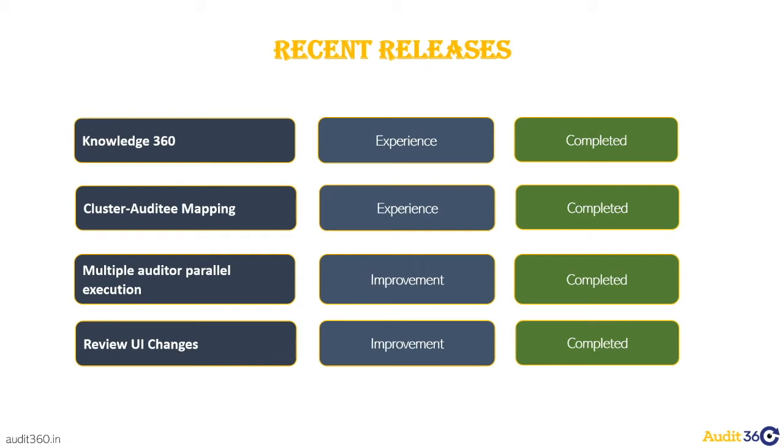But now we will be allowing the schedule to happen for multi-auditor, where parallel execution can be done. That means we can allocate more than one auditor to a schedule and need not do any allocation to the group or sub-audit. We allow parallel execution where all the checkpoints or the groups will be shown to both the auditors, or whichever auditors are part of the schedule, and they can do the audit seamlessly. As and when the data is being worked on in parallel, the data updates keep happening in the system.